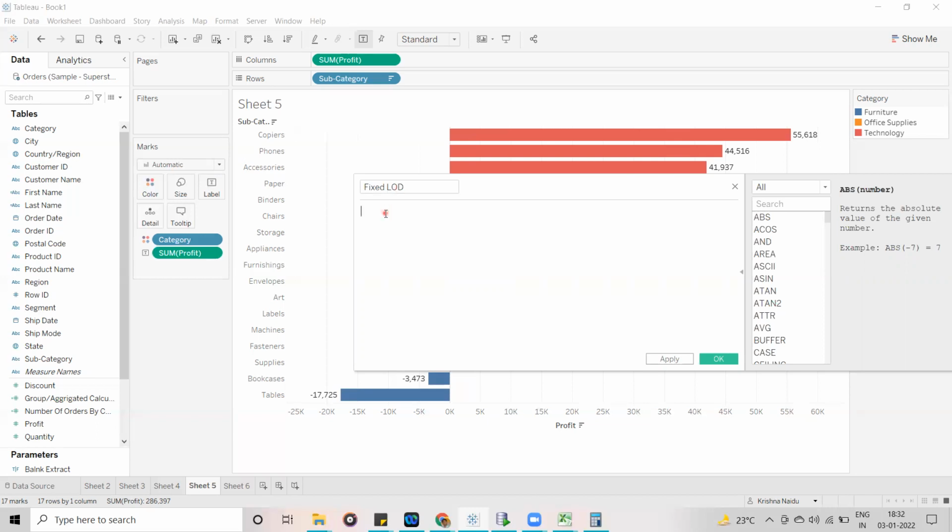As I said, we have different LOD functions. One is fixed, the second is include, and the third is exclude. These are the 3 different functions.